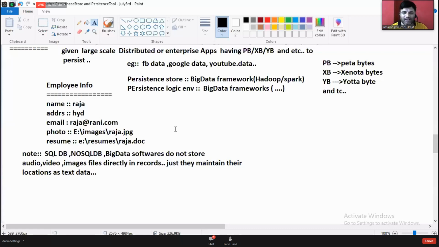Please use these terminologies. No need of learning big data, not required. Because as of now, our Java-based projects are dealing with either database software or NoSQL database software. In Hibernate and JDBC, the database part is covered. In Spring, both database and NoSQL parts are covered. Don't worry about it. And in microservices, more NoSQL database software will be covered, while learning Spring Boot with microservices. Right, I think everyone is crystal clear on these discussions.